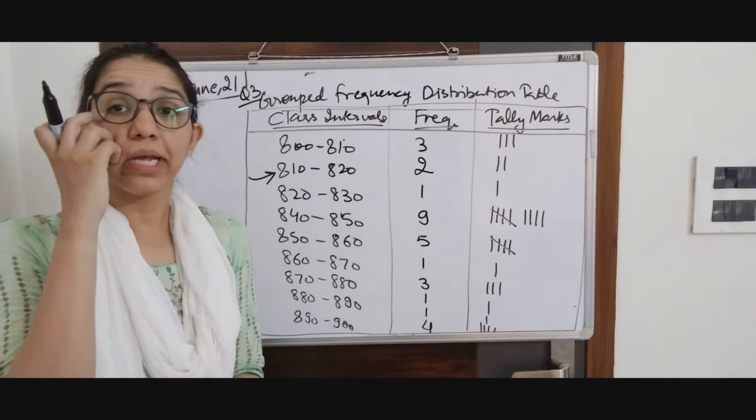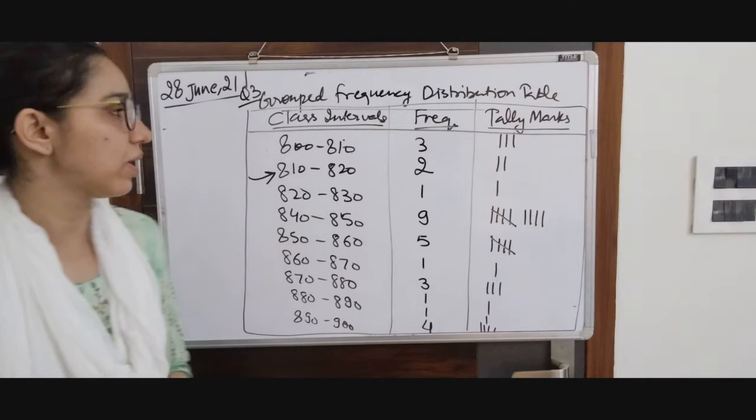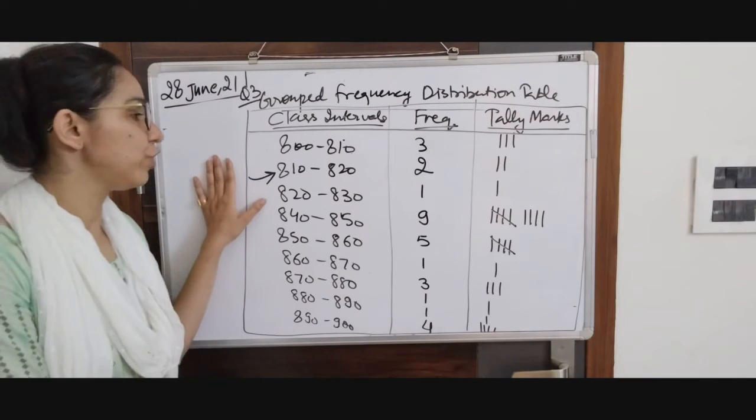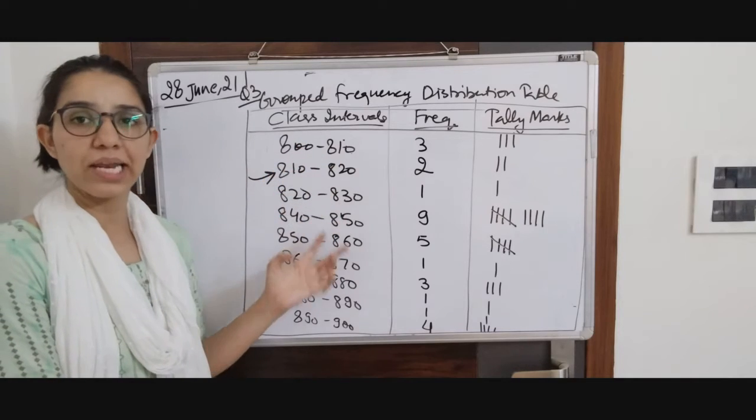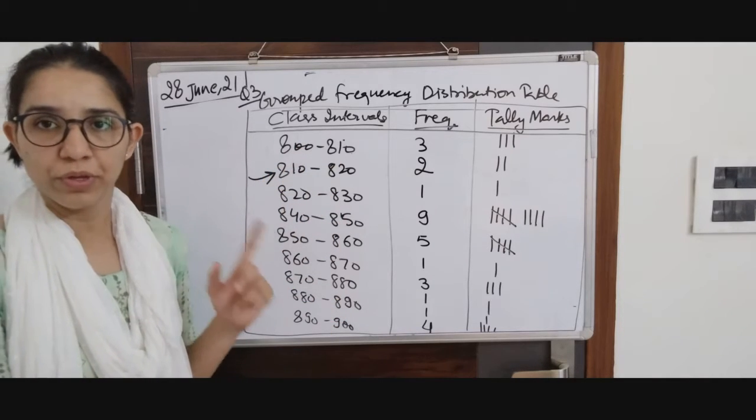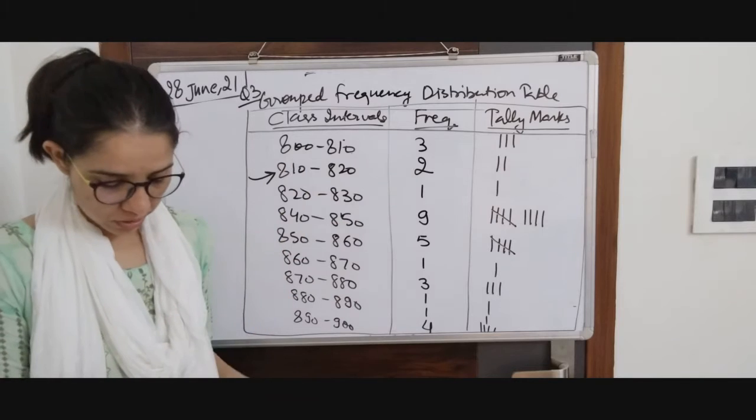So done. But if required, if asked of us, we will be using which graph? We will be using histogram. Why? Because intervals are given. Bar graphs will not be used. Then